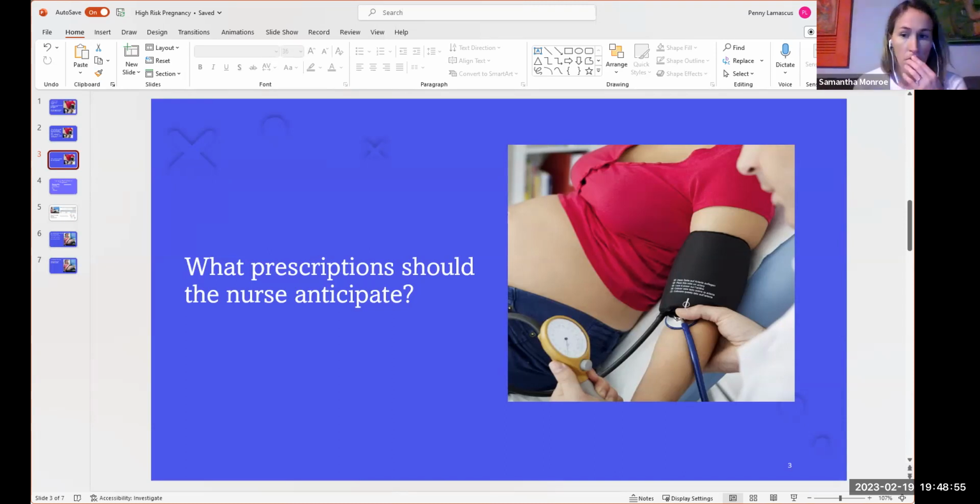Labetalol. What'd you say, Samantha? Labetalol. Am I saying it right? Labetalol, yeah, some kind of antihypertensive. Yeah, labetalol is very common. We use that if her pressure is too high, because we certainly don't want her to stroke, do we? No. Okay, so that's basically right.